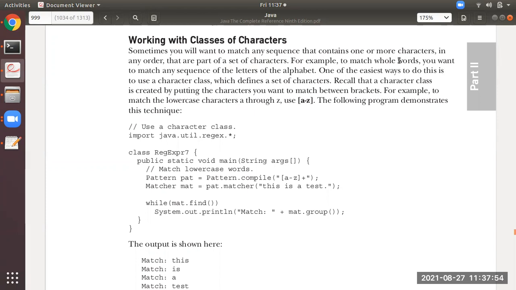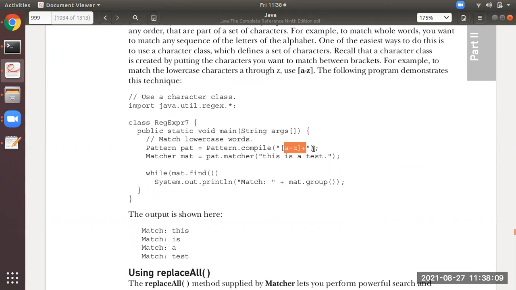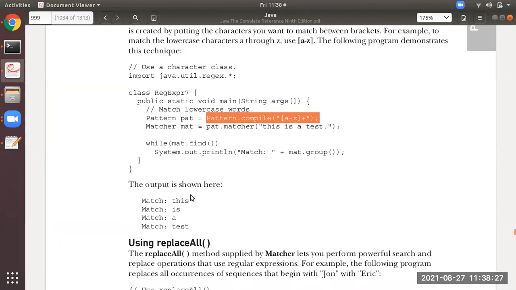For example, to match whole words, you want to match any sequence of the letters of the alphabet. For that, just specify in brackets A to Z and use the plus quantifier. I need not show the output also. You have understood.